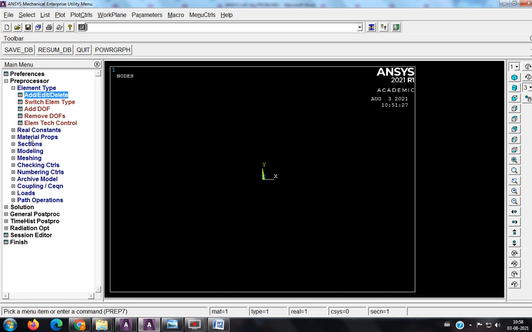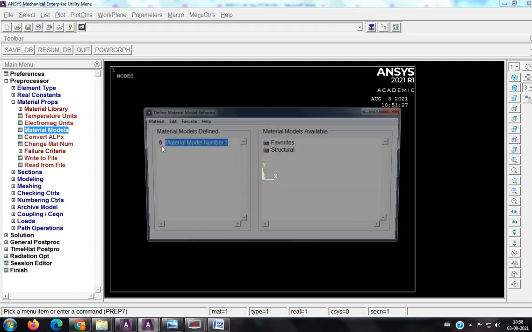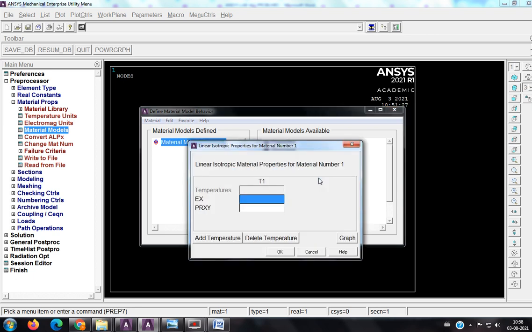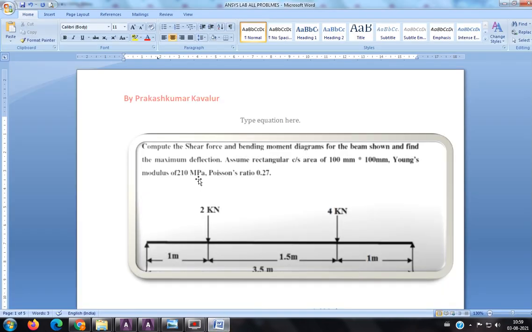For that the option is material properties, material models, structural, linear, elastic, isotropic. So 210 e to the power 3. Here I am considering in terms of mm, so whenever I am creating key points, again I have to use mm only. See here, 210 MPa.